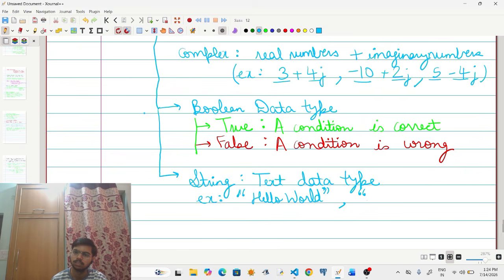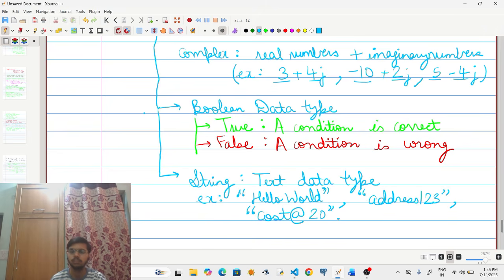Suppose I say address 123, or cost at the rate 20, and so on.